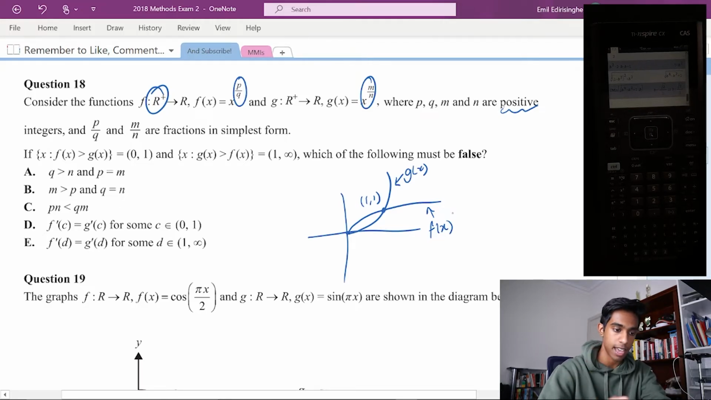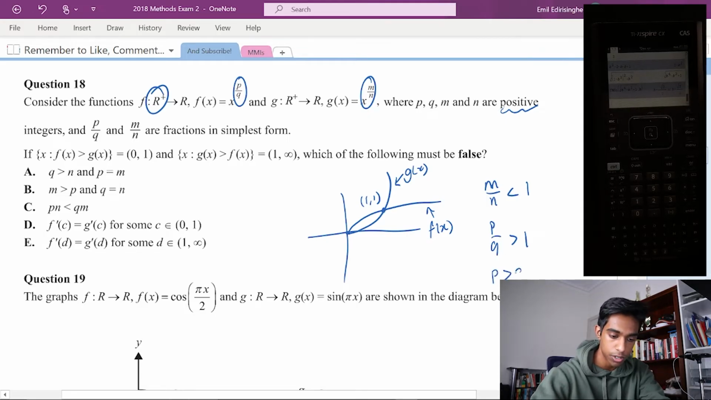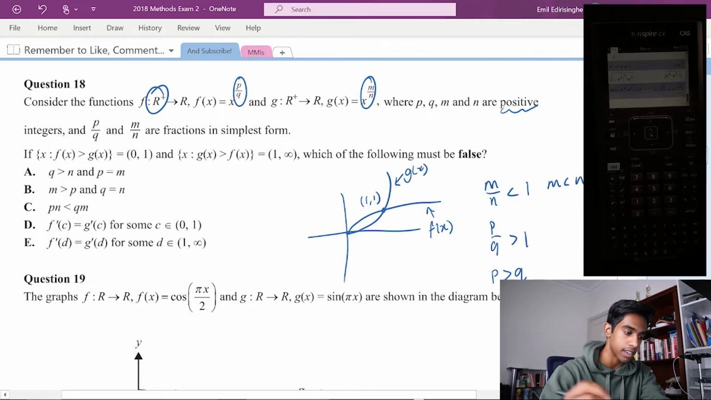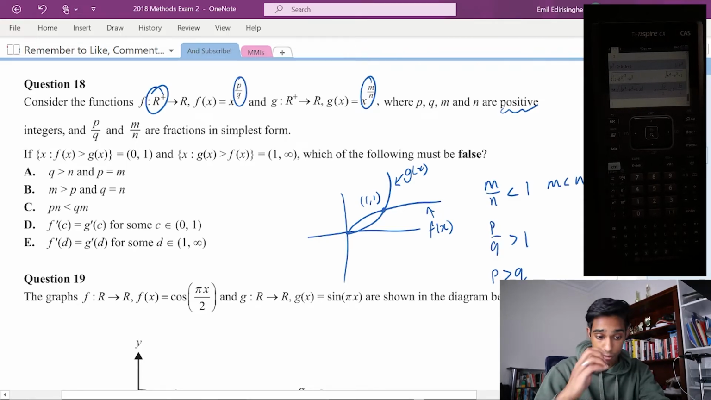So that tells us that m on n must be less than 1, and p on q must be greater than 1. And from that, we can get p is greater than q, and m is less than n. And then therefore, we can also get the answer that p times n is going to be greater than q times m. So since the question asks us to find which of the following are false,